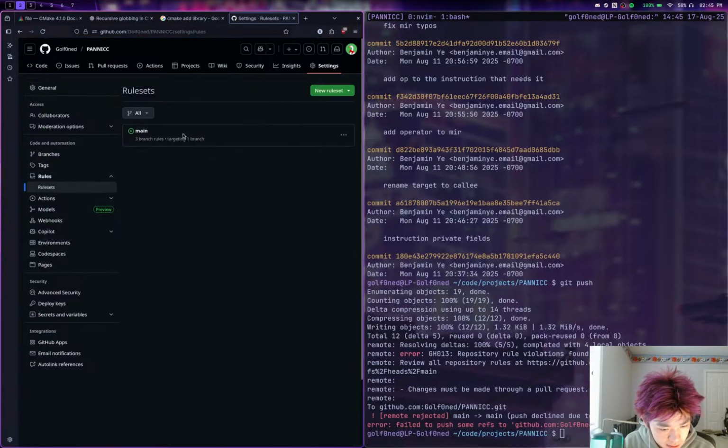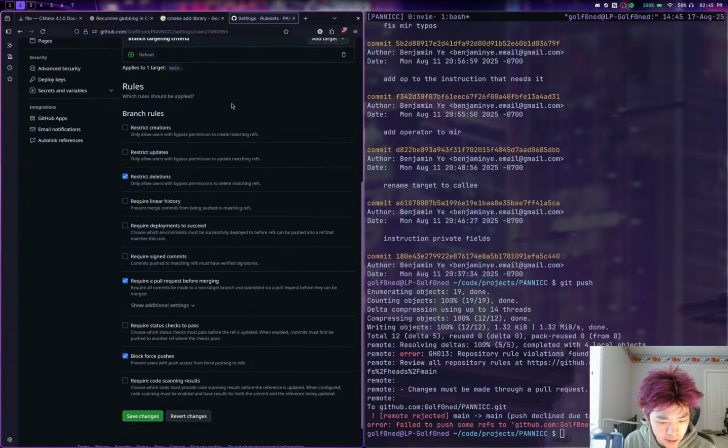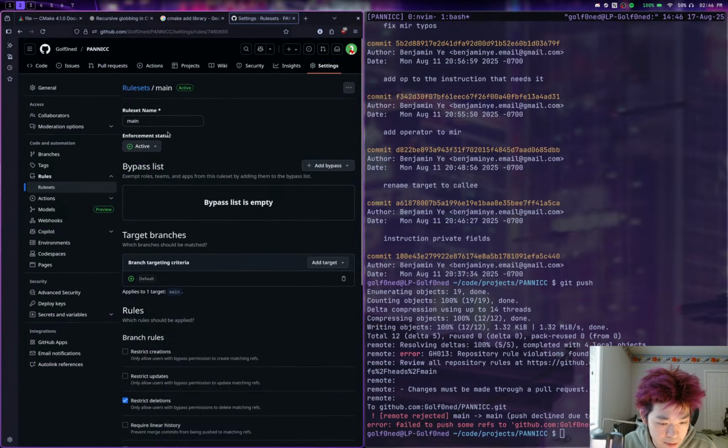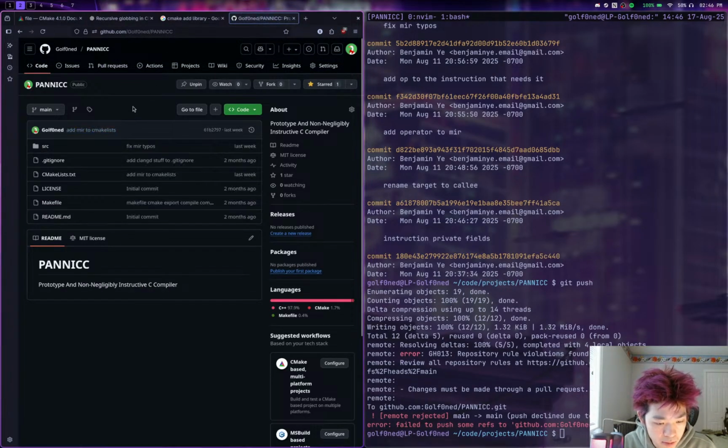Rules. Rule sets, yeah. So it's just standard branch protection. Eventually I want to do a little bit more automated testing, so I may as well have this started, but branch protection on main is nice just because the other day I managed to mess up my git tree in a really strange way somehow. Don't think about it too much, but I'd ideally like to avoid that happening again. So just having branch protection on main seems a little bit sane. Hey, that rhymed. Yeah. So anyways,